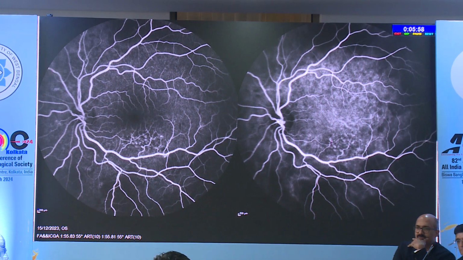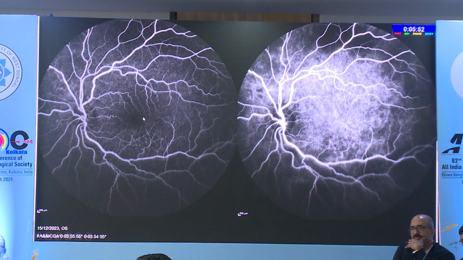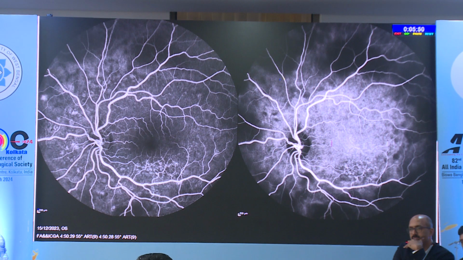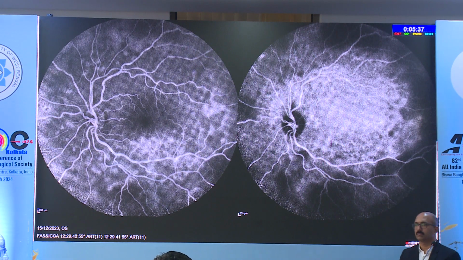Here an ICG and FFA was done, in a Heidelberg machine. You can see hyperfluorescence in the early phase on both ICG and FFA, and late there is increase in hyperfluorescence, but on ICG, corresponding to those placoid lesions, you can see blocked fluorescence, which tells you that the lesions are at a deeper level, probably sub-RPE,